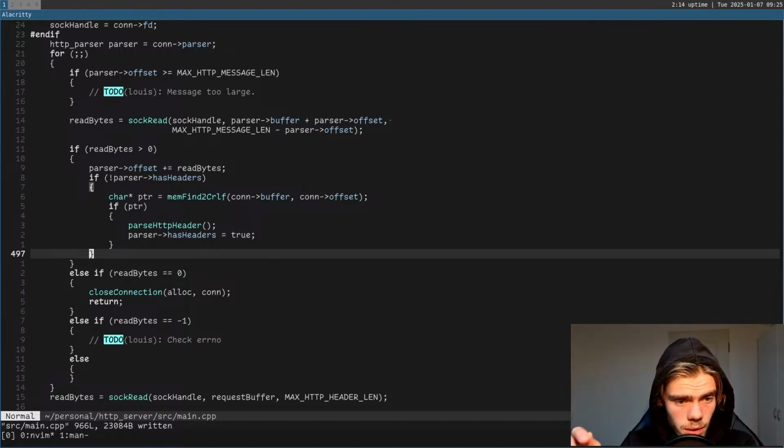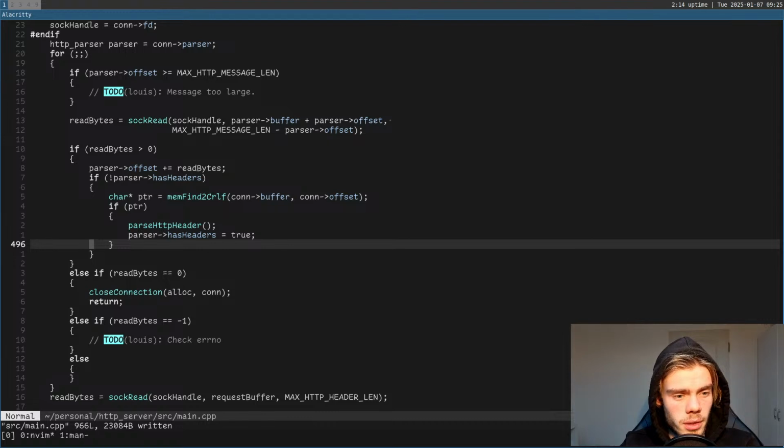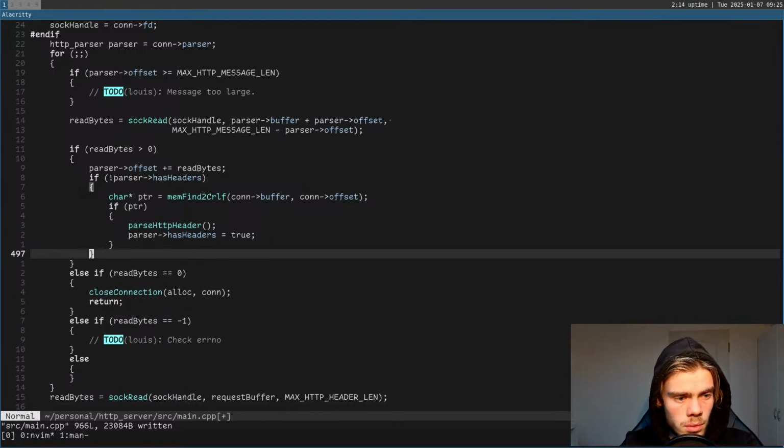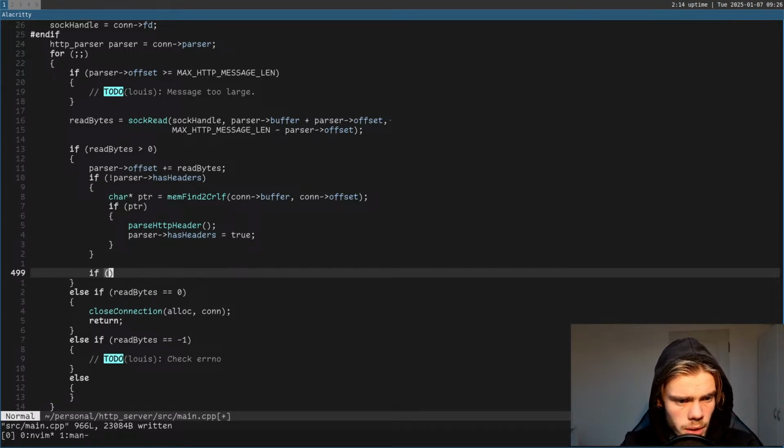It could be complete. That means, so if we don't find this pointer, it still doesn't have headers. So if it now has headers,